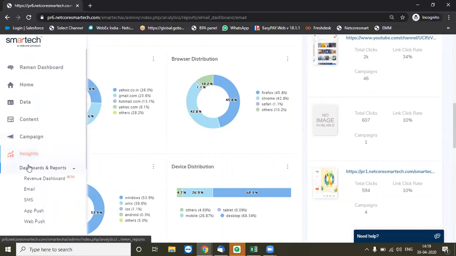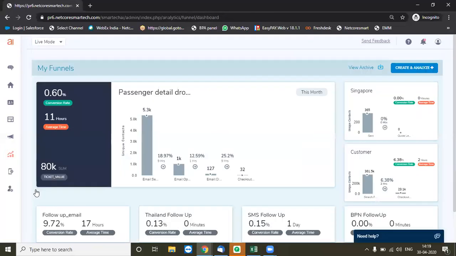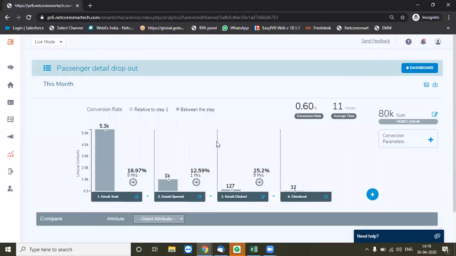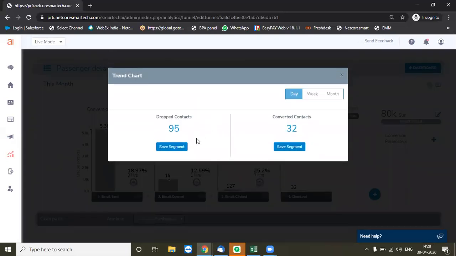And of course there's advanced analytics as well, like creating your custom funnels, which can help you to target or identify your drop customers from a communication cycle. So if someone has been sent out an email and your target was that the customer should go to your website and do some activity like a checkout, how easy it is to just identify those customers who have been dropped in this cycle by just a single click, save their segment. You can run a manual campaign or you can set up an automation to target these customers on a daily or maybe an hourly basis.